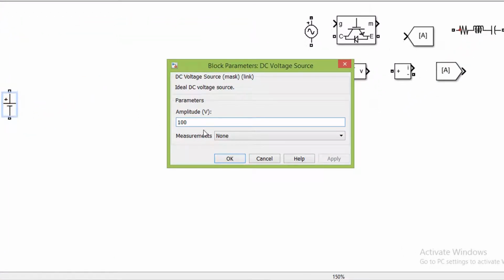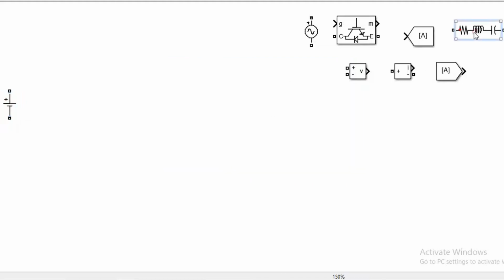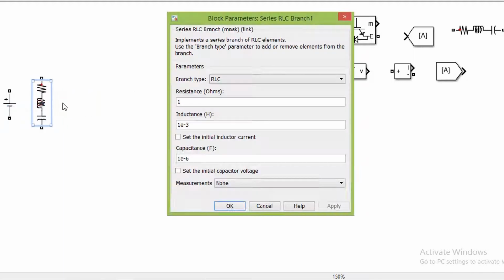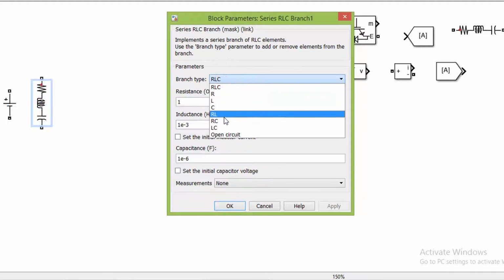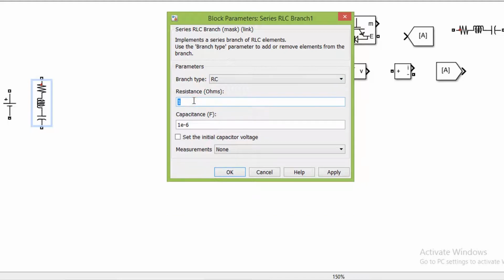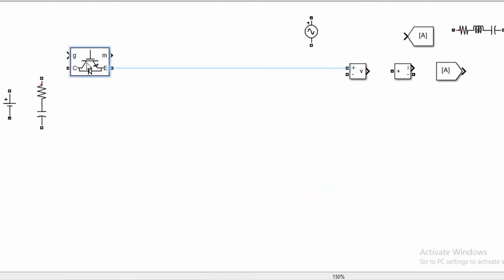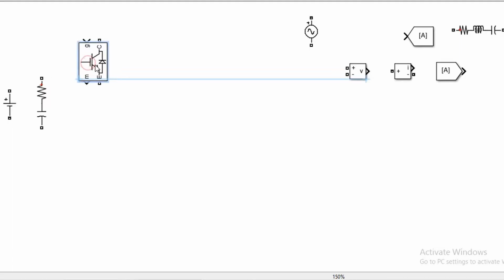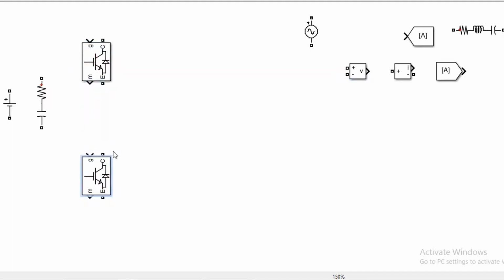Set its value 400. This is the input capacitance, and set its value 500 microfarad. Now form the single-phase bridge using IGBT.